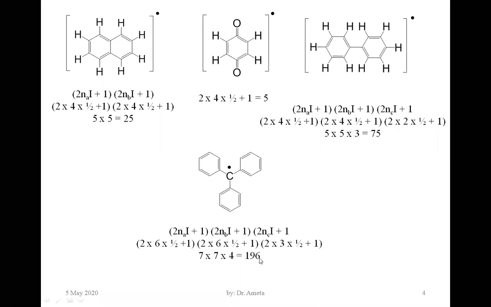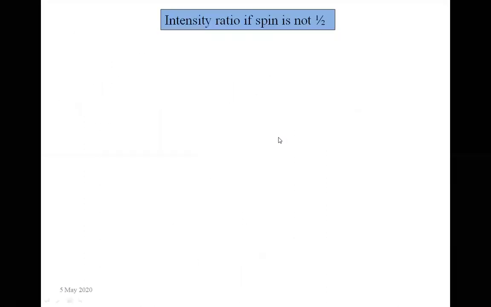One thing you have to remember: 196 is not a signal, these are lines. Signal is always 1 in case of EPR spectra. EPR स्पेक्ट्रा के केस में सिग्नल हमेशा एक आता है और वो सिग्नल फर्दर स्प्लिट होता है इनटू लाइंस. So don't be confused. अगर एग्जाम में कभी कहीं पे भी कॉम्पिटिटिव एग्जाम में 196 लिखा है, तो this 196 value represents lines, split lines in ESR. This is not signal. Signal is always 1 in case of EPR.